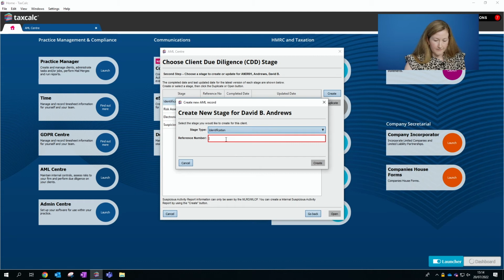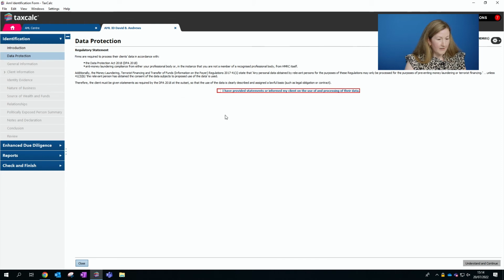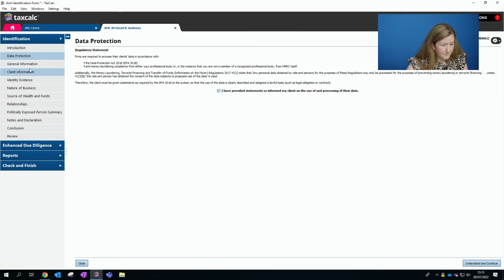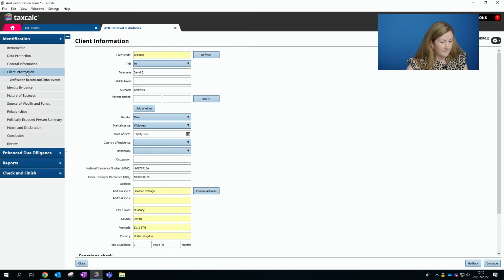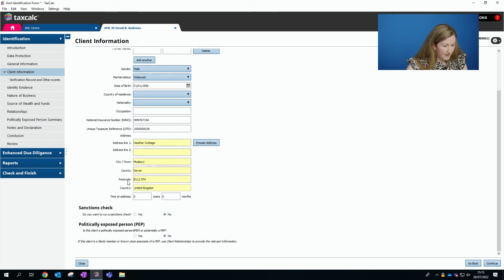So in our software, when you create that identification stage, it will bring up a list of all the information that you could possibly need to collect as part of that client due diligence identification stage, and allows you to document and store any of that information in the product here, so that you can evidence that you have found that information out, that you have performed the identification to a satisfactory standard based on the risk